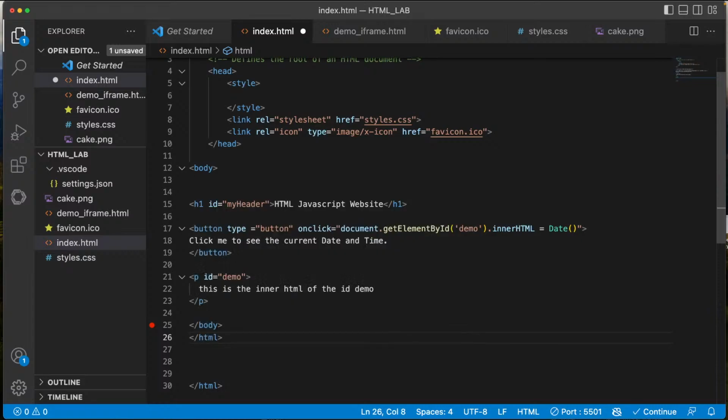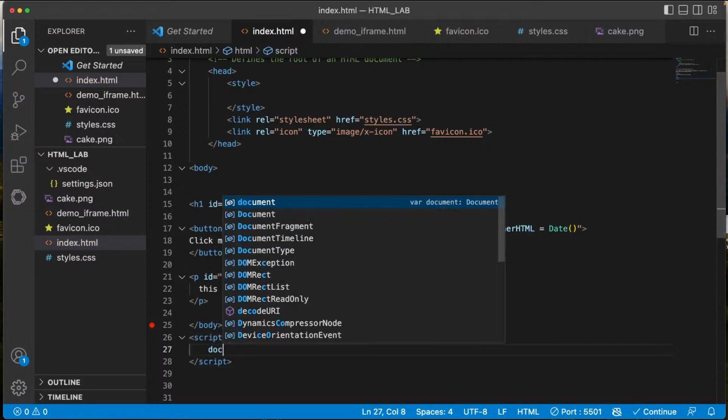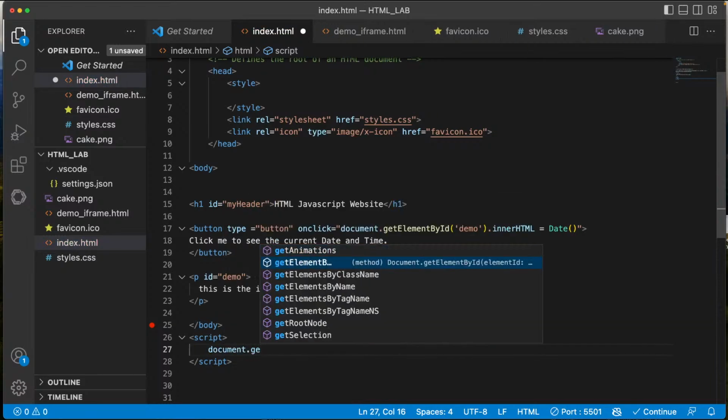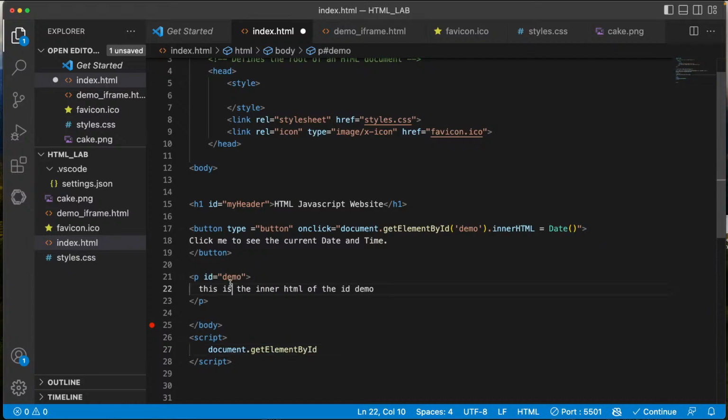So I'm going to go ahead and put the script here. And inside the script, I'm going to put document.getElementById, which will be here. And this is going to get the demo ID,